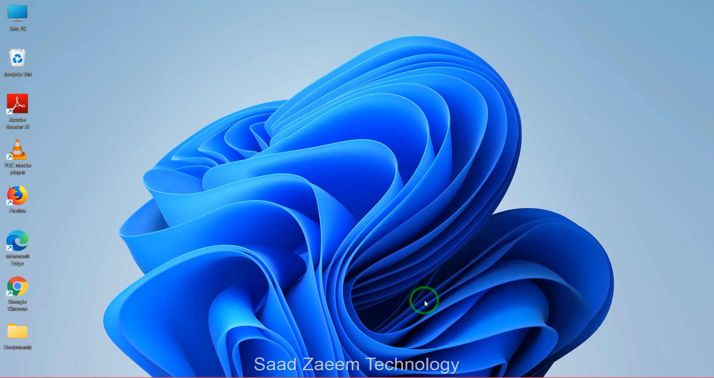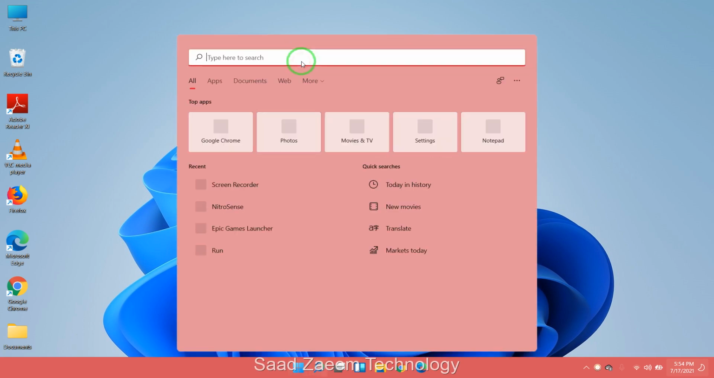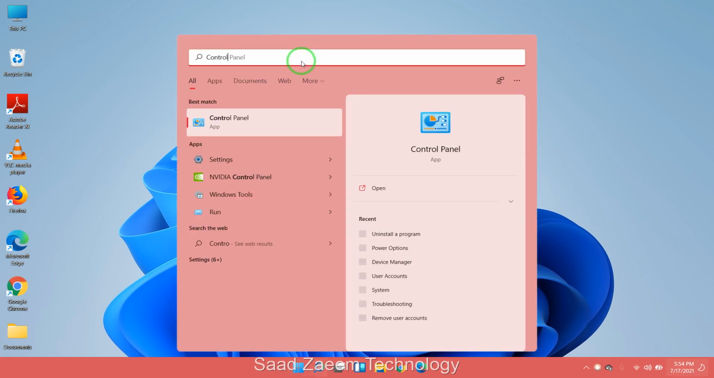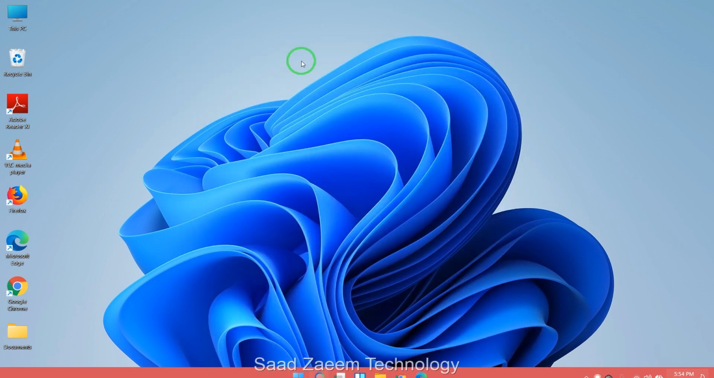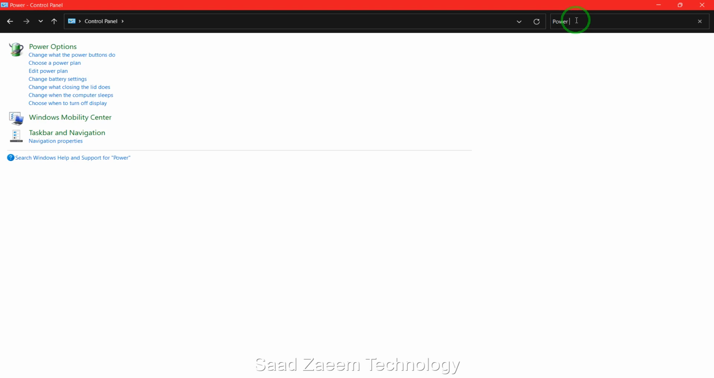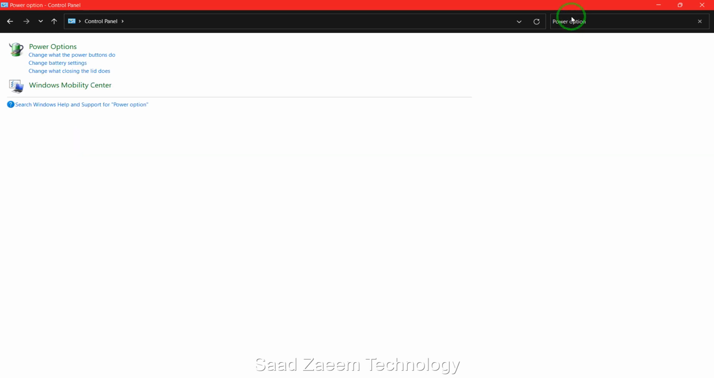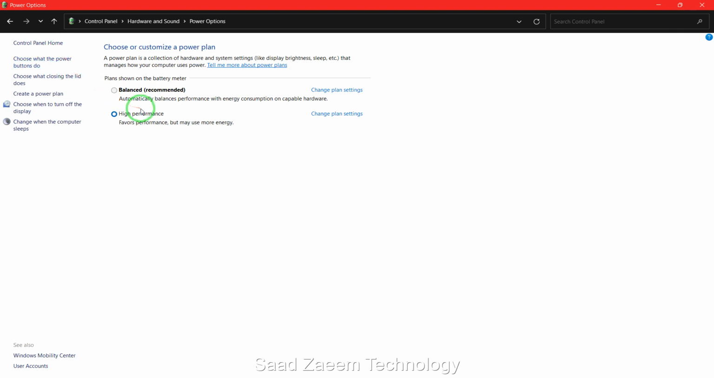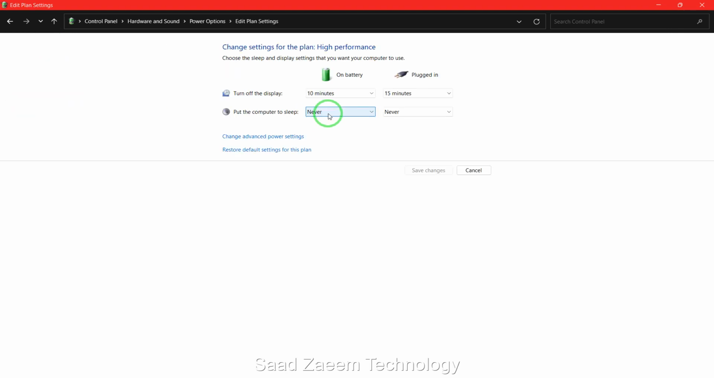First of all, you'll have to go to your search and then type in control panel and then hit enter. Over here you'll have to go on the top search and then type in power options. You'll have to click on the first option over here. Now whichever performance mode is selected, just click on the change plan settings and then go to change advanced power